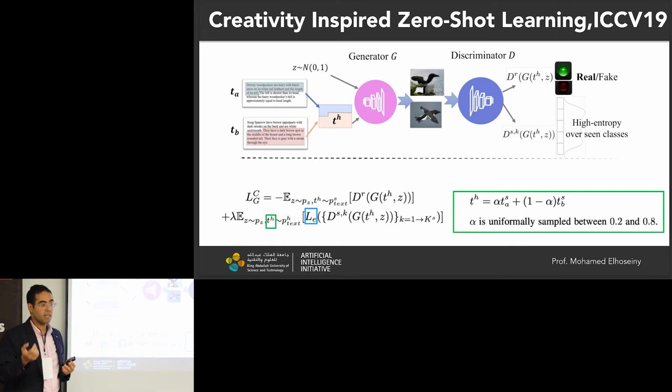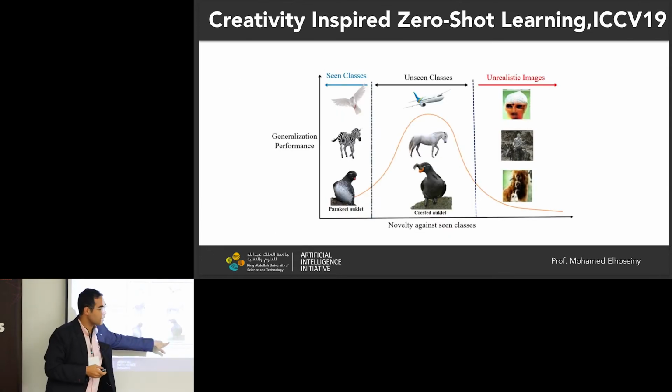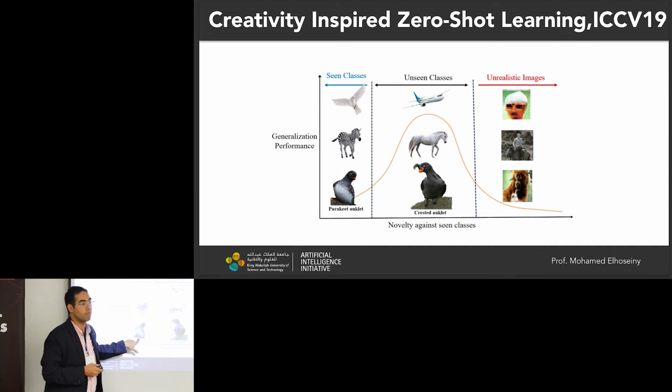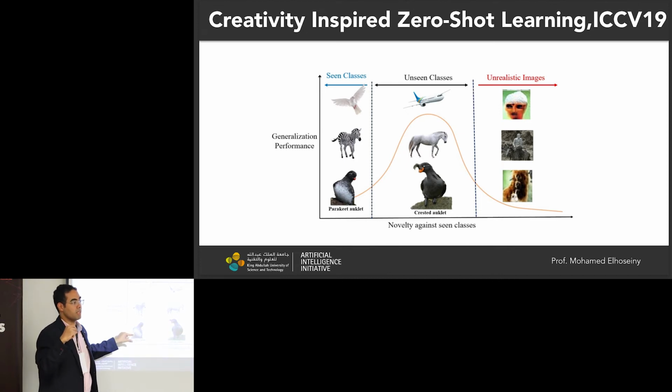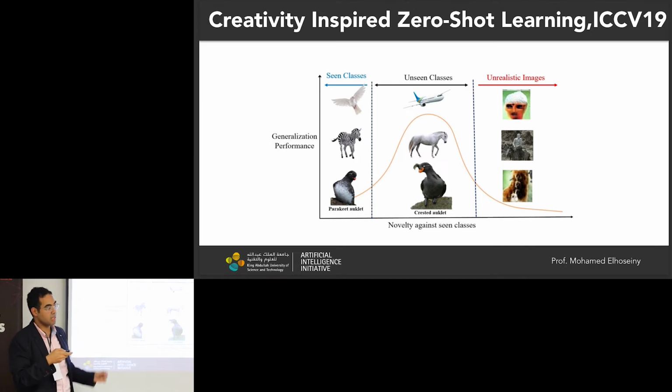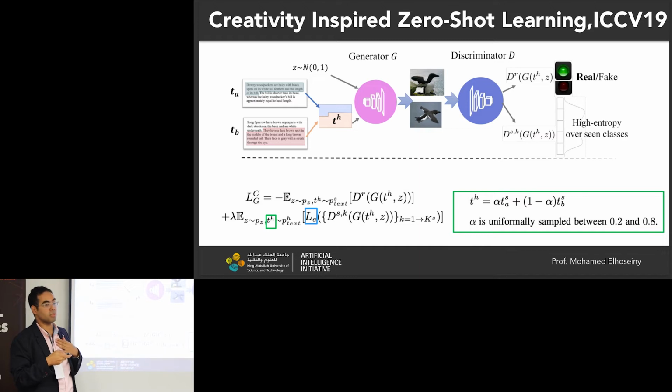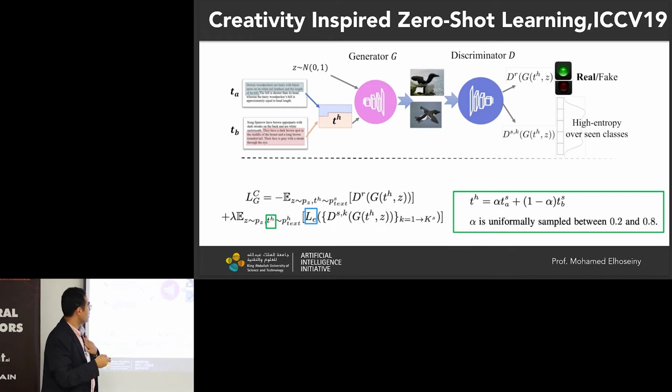What is the intuition behind that? It is that an unseen class is usually visually not too far from the seen ones. So you want to explore something that is not too far from seen classes, because we want to make the model capable of recognizing unseen classes that are within the neighborhood of seen classes, and in that sense, that was an okay assumption.